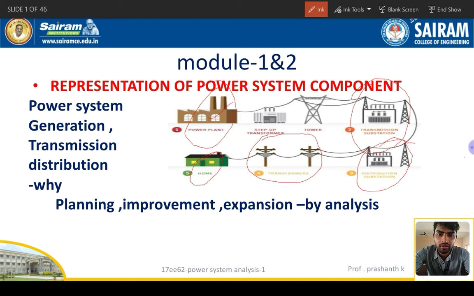So power will flow from the power plant to your home like this. There is a power plant, either thermal, hydel, nuclear, wind or solar. After that there is a step up transformer for stepping up, and next there are transmission lines and transmission substations. Here we can find two ways of power delivery: one for industries and one for domestic purposes. Here there is a distribution substation for distributing the power based on the areas.